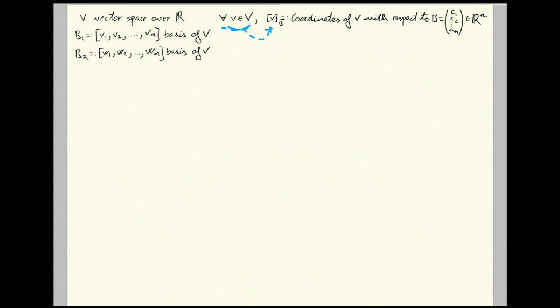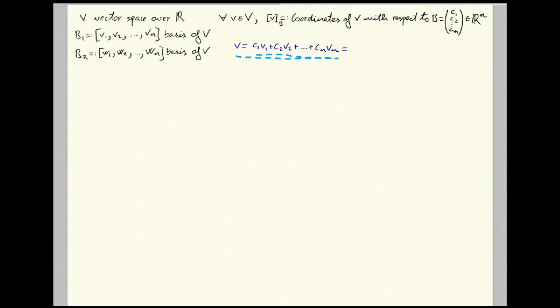space we will use this notation to express the coordinates of the vector with respect to the base b that we write here in the subscript. These coordinates will be understood as a vertical vector in Rn. And we will be working with two bases, b1 and b2. Here we have both. It's clear that for every vector in this vector space, you can express it as a